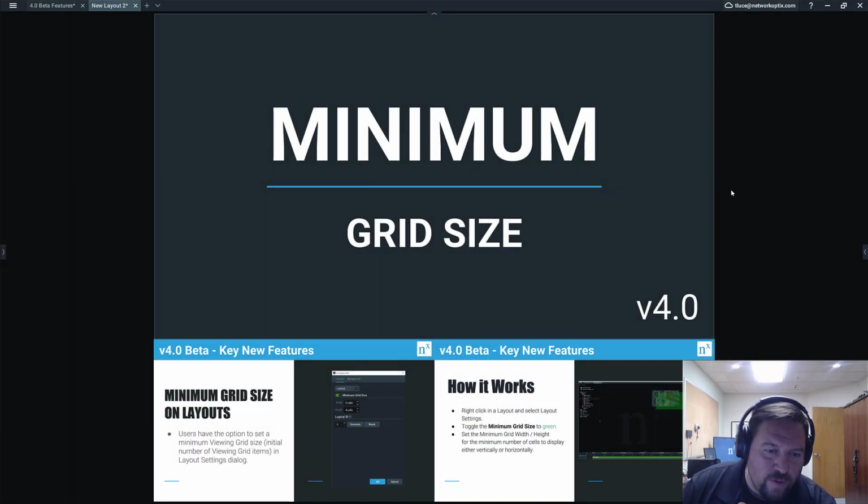All right, I've got one more feature I want to go over, the beta. We weren't sure we were going to make it one of our key features, but we decided it's important enough to put it in here and show you guys how it works. Otherwise, we're afraid you'll never find it, even though it's in the release notes. So,